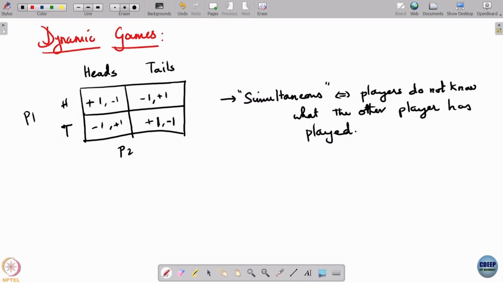This is what it means for a game to be simultaneous. Okay. Now, here's another game. This